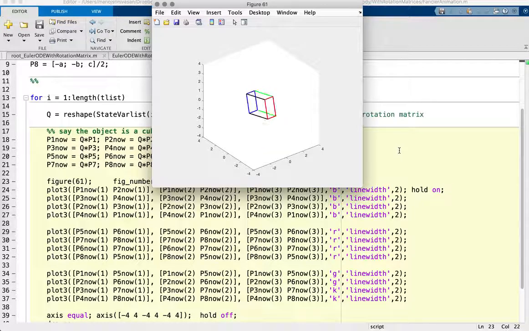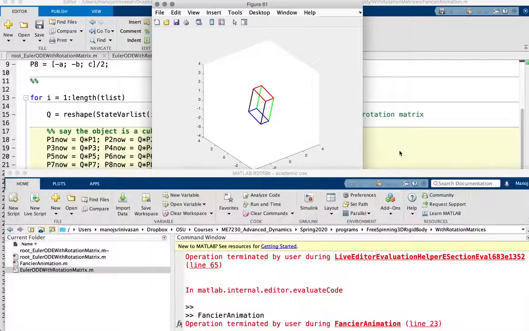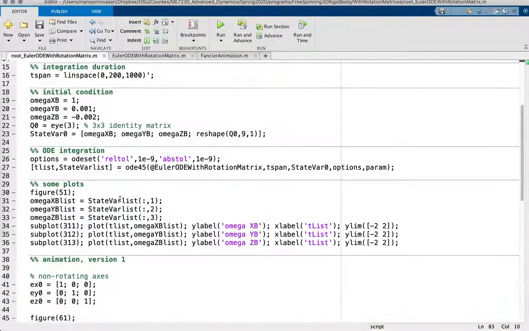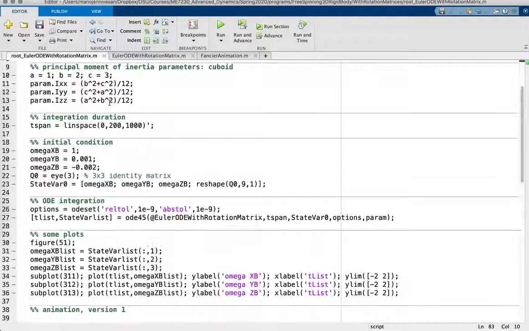Okay, or close to a pure rotation about the x-axis for all time. So that's about a stable axis, right? So the x-axis was a stable axis. Let's now change the initial conditions so as to be almost entirely